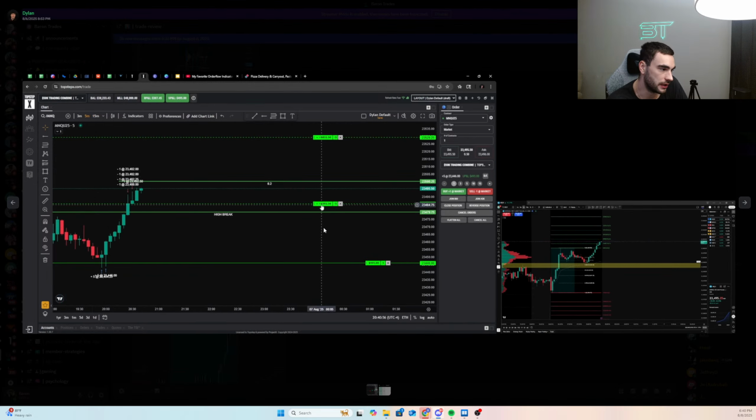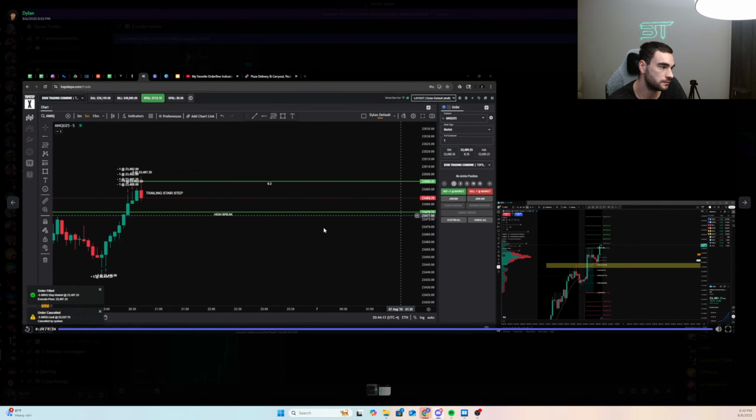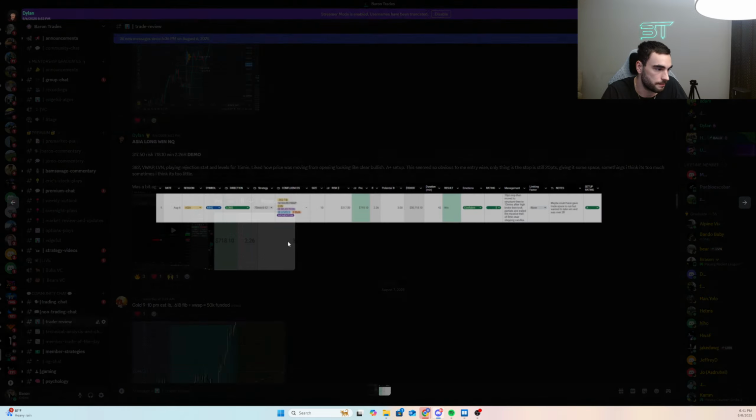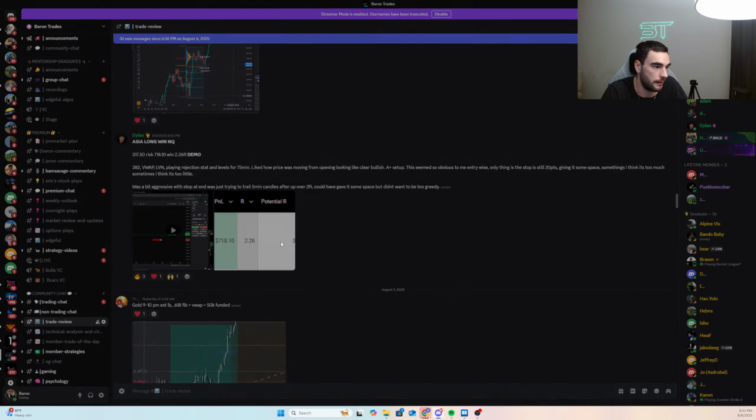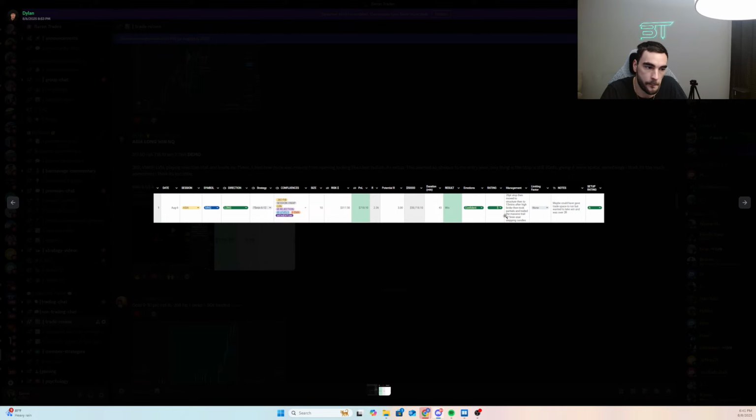Okay. You held on to 5 this time with your partials. Trailing the stair step up. You should probably be taking more partials at that point too as well. But trailing with the stair step up is fine. Typically it's just in the overnight, sometimes you do get that stair step isn't as clean as in the New York session. I do like this trade though. Solid trade. Confident, rating 5.